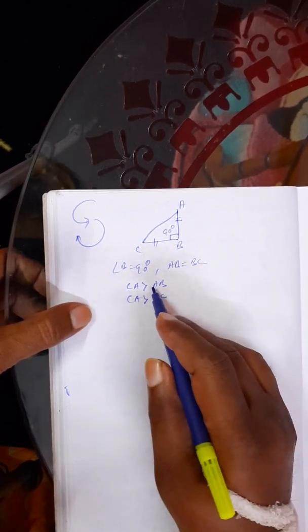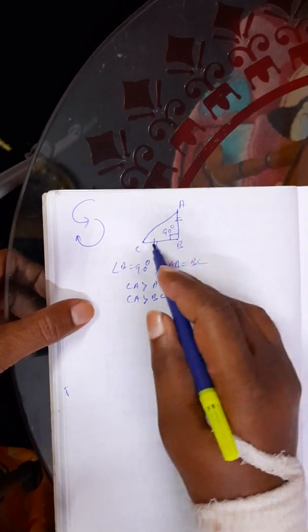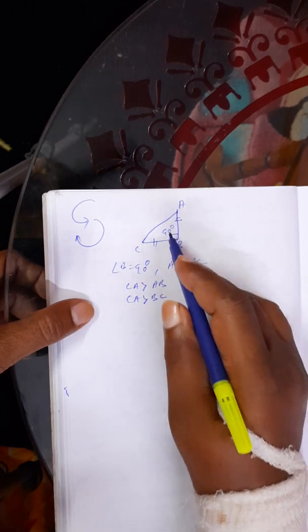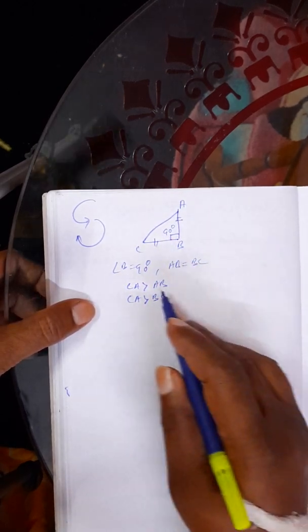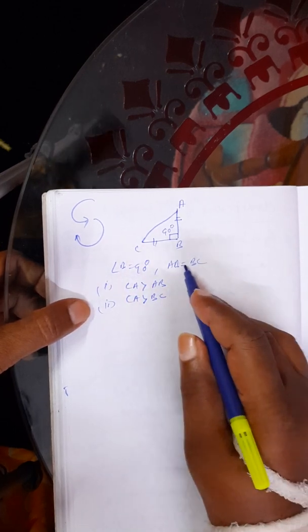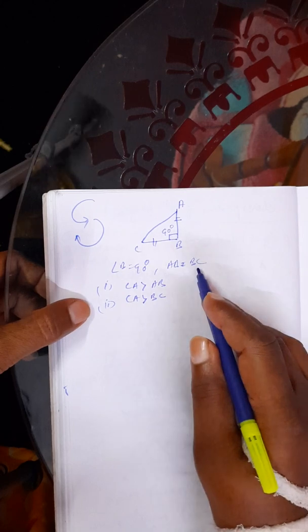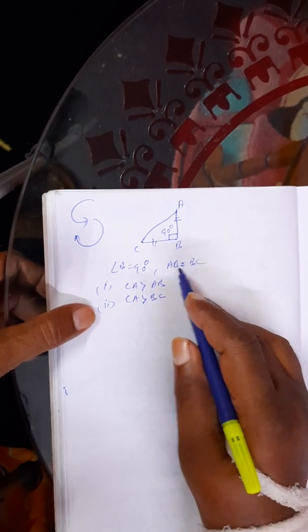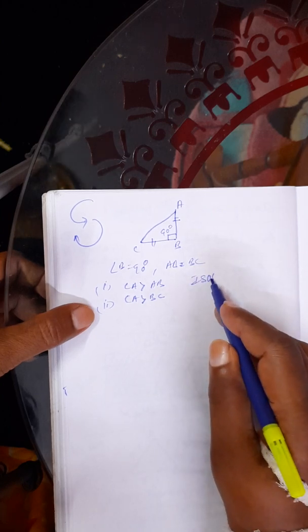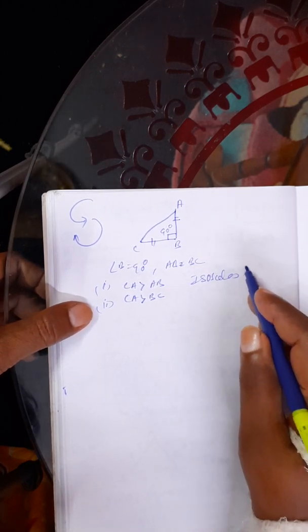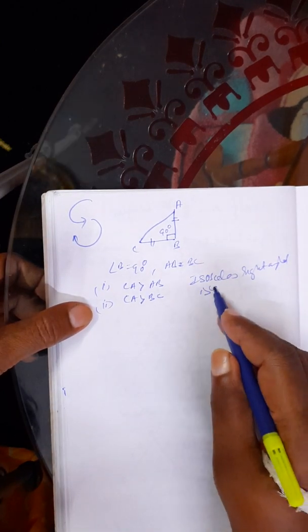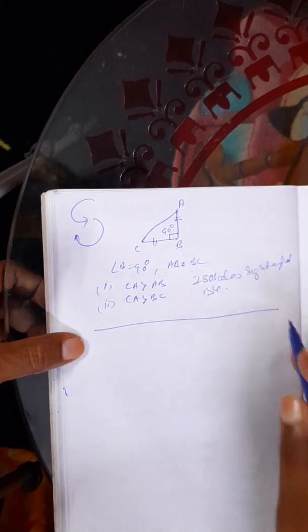For any right angle triangle, whether these two sides are equal or not, the side opposite to 90 degrees is always greater than these two. So this is first, this is second, and this is a condition. If this condition is there where B is 90 and AB and BC are equal, it is called an isosceles right angled triangle. Okay, this is a right angle triangle.